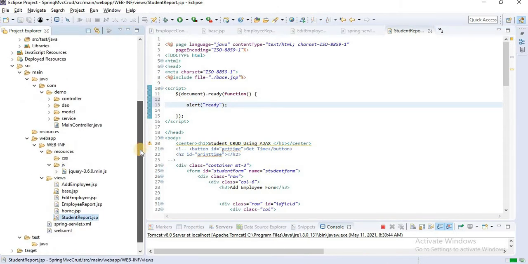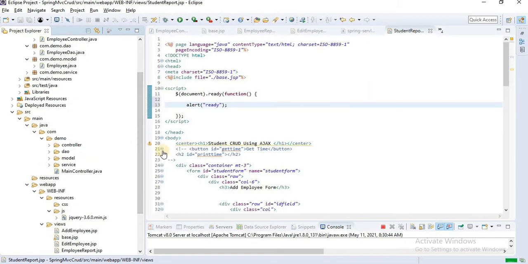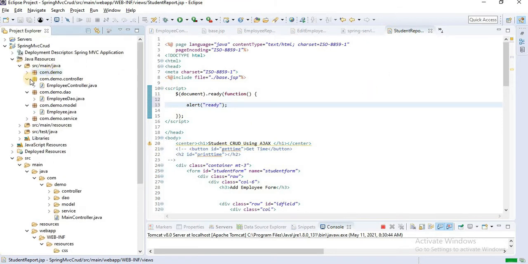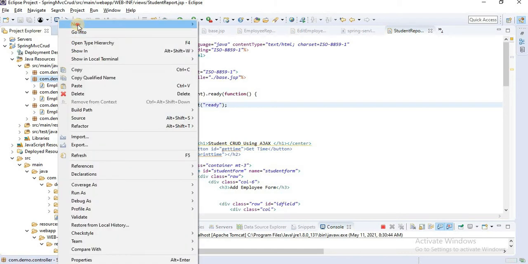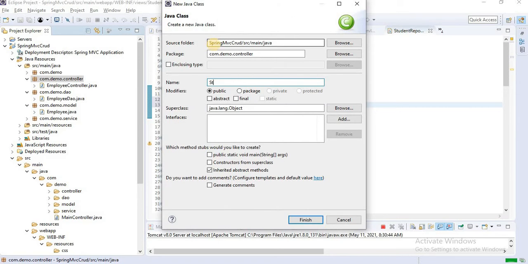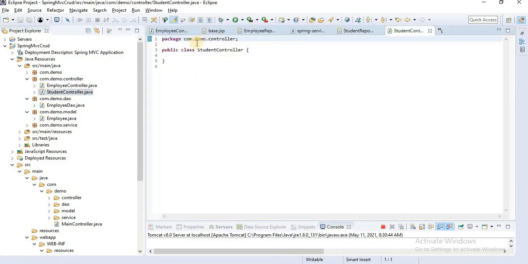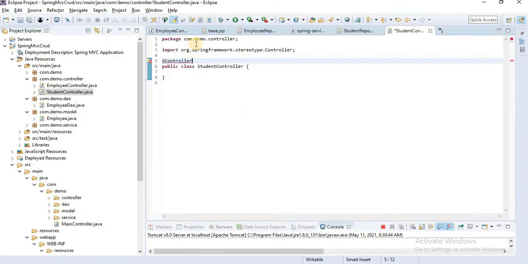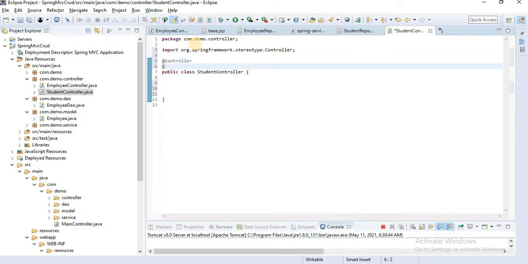We need one controller to launch this page and call this JSP page. We will simply create one controller here, class StudentController. Let's define this class as a controller, add the annotation Controller, then also add the annotation RequestMapping.